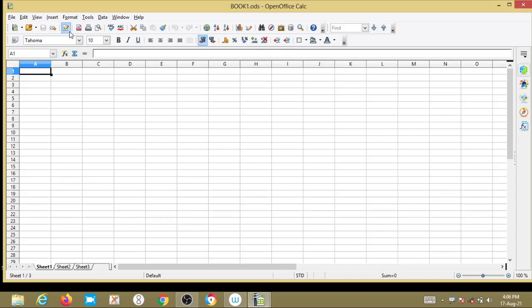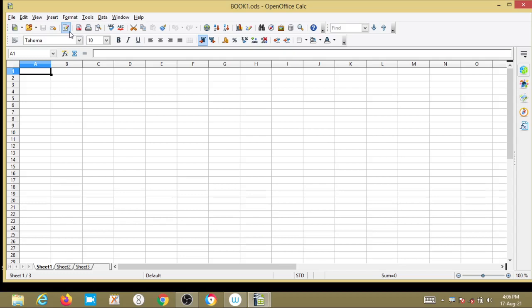In that chapter we are going to learn introduction and starting of MS Excel, second one parts of the Excel window, third one the application window, fourth one the document window, and fifth one workbook and worksheet. So first we will move on to the introduction and starting of MS Excel.